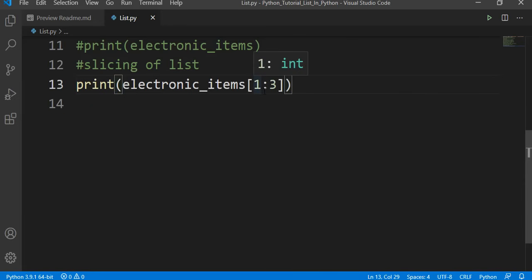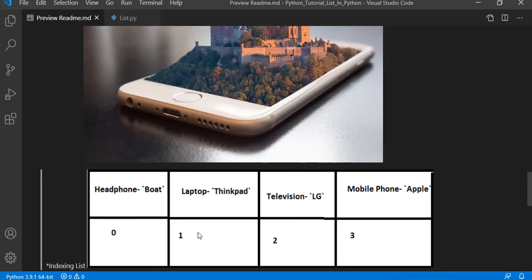That is because whenever I specify a range, or whenever I slice this list, where the slice starts is inclusive. So I am slicing my list at 1, so the slicing is starting at 1. It takes index number 1, and I am ending my slicing at 3. But whenever you end at index number 3, it is exclusive of this last number. That is, it will not take this last number, so it will take only till 2.